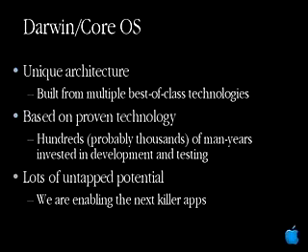For example, we use Mach, we use the BSD cores. There's a number of other pieces of technology that we've gathered together to build the core operating system. It's also based on proven technology. A lot of this stuff has had literally thousands of man-years of investment in development and testing. So this isn't just stuff we came up with overnight. There's been enormous amounts of mileage on this technology. Things like BSD, of course, runs the Yahoo websites, and they certainly take an enormous amount of stress and hit.